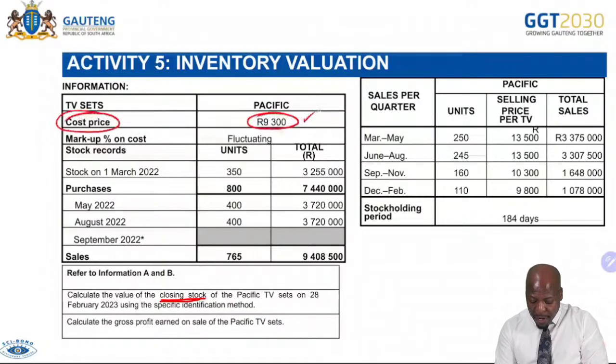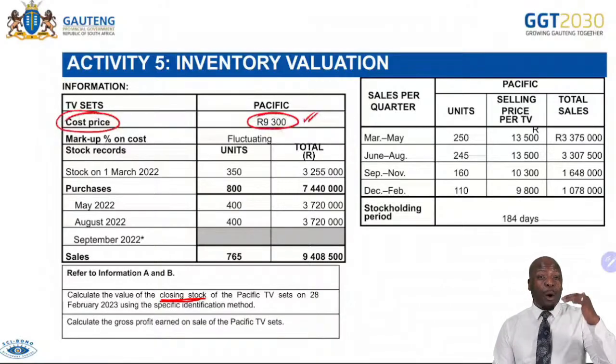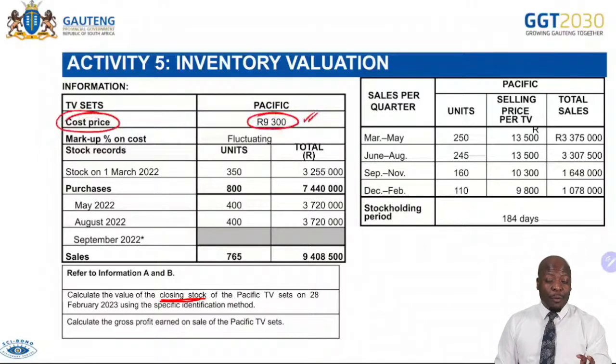So once your cost price here is the same, it makes it easy for you to answer the question, all right? Because you don't have to struggle. But there are questions at times where they have different brands. I think you've seen one where they have different types of cell phones. They have an A20, an A15, an A1. So you have to deal with them as per brand, or different cars. So you have to do as per the different car brands, all right? So please look again into those kinds of questions.